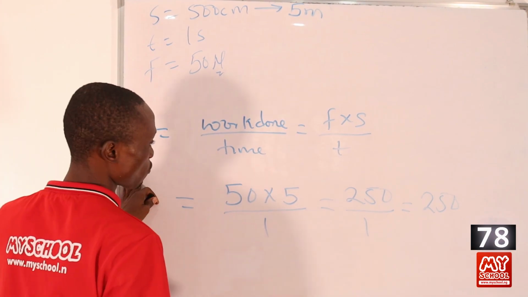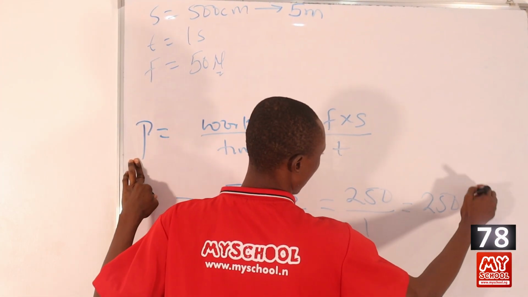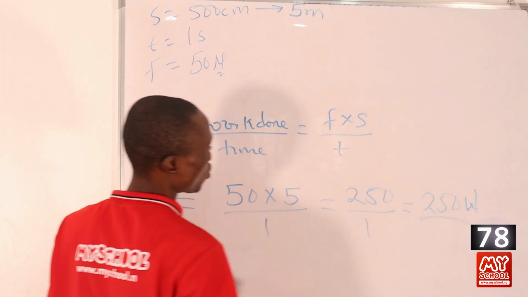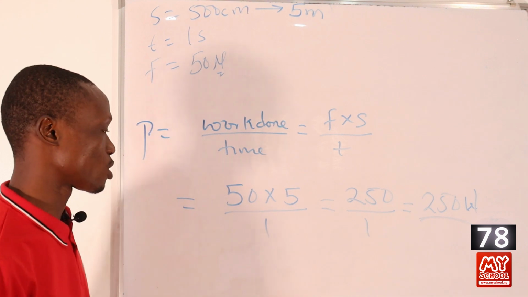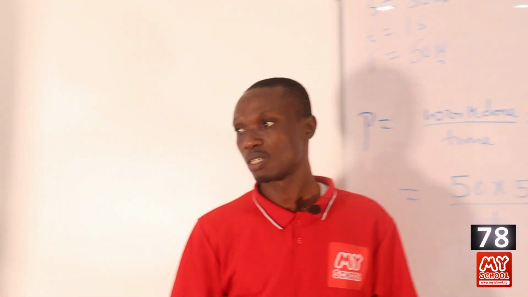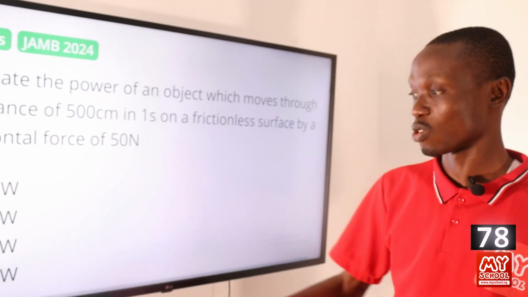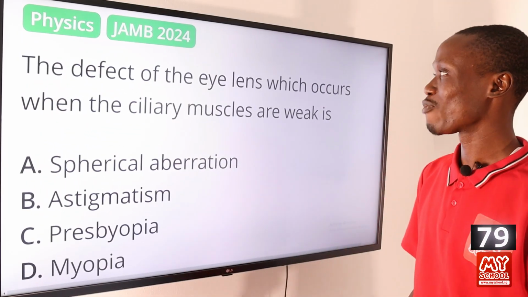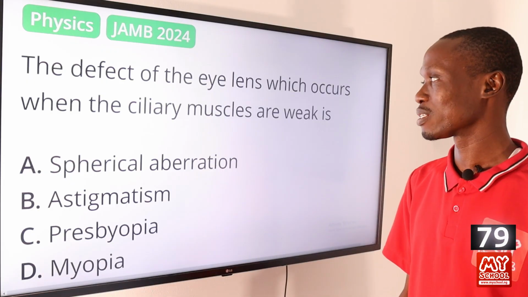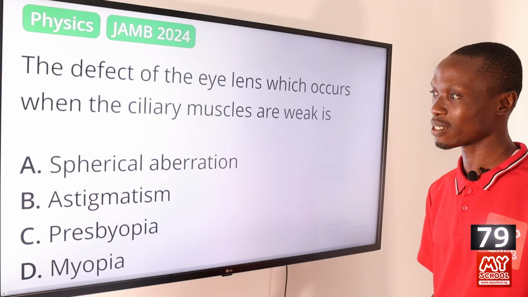Okay, so since we are solving for power, the unit is watt. So the answer to this question is 250 watts. So let's return back to the screen to pick the correct answer to this question, and that is option D, 250 watts. Question 79. The defect of the eye lenses which occurs when the ciliary muscles are weak is A,